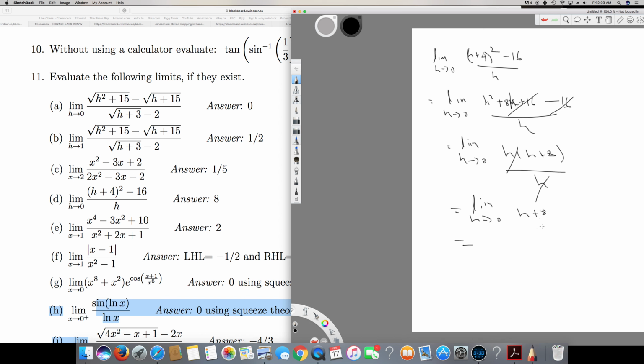So I can now plug the 0 value. 0 plus 8 is 8. So that's the answer here. And the next question,